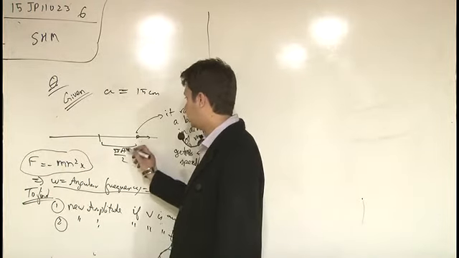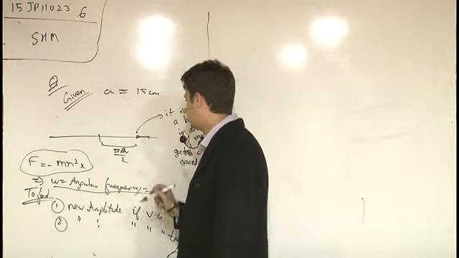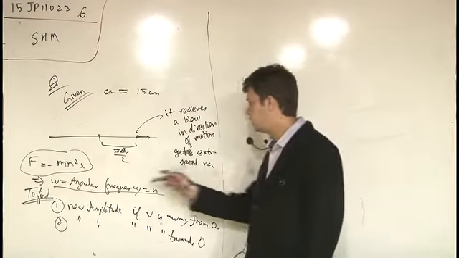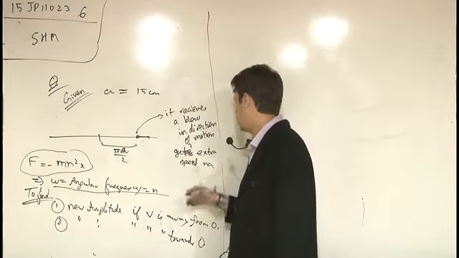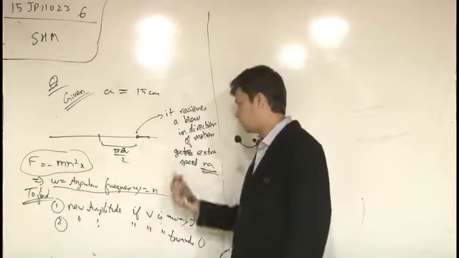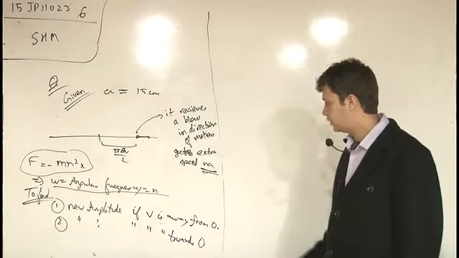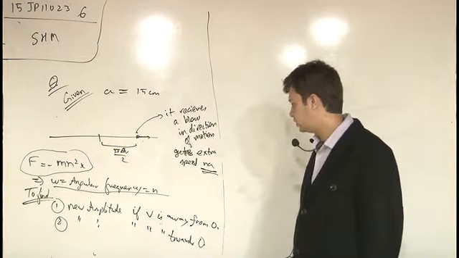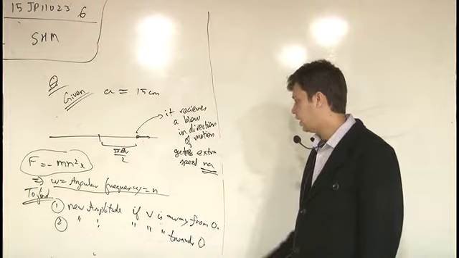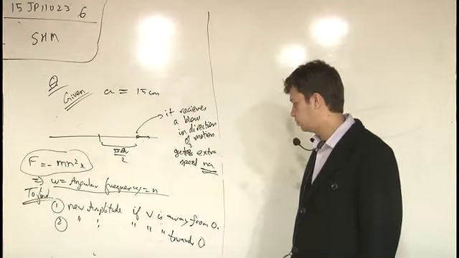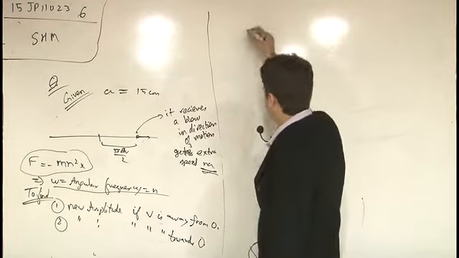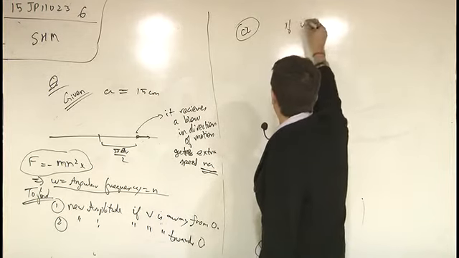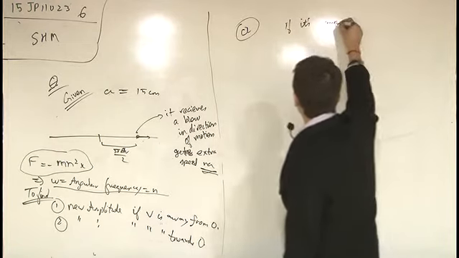And it is also given that when the particle is at root 3 by 2 a, it receives a blow in the direction of motion. So suppose it is moving away from the origin, it receives an extra component of n a in the direction of motion itself. So we have to find two things: the new amplitude if v is away from the origin, and the second, if v is moving towards the origin. So suppose we find for the first case, if it is away from origin.